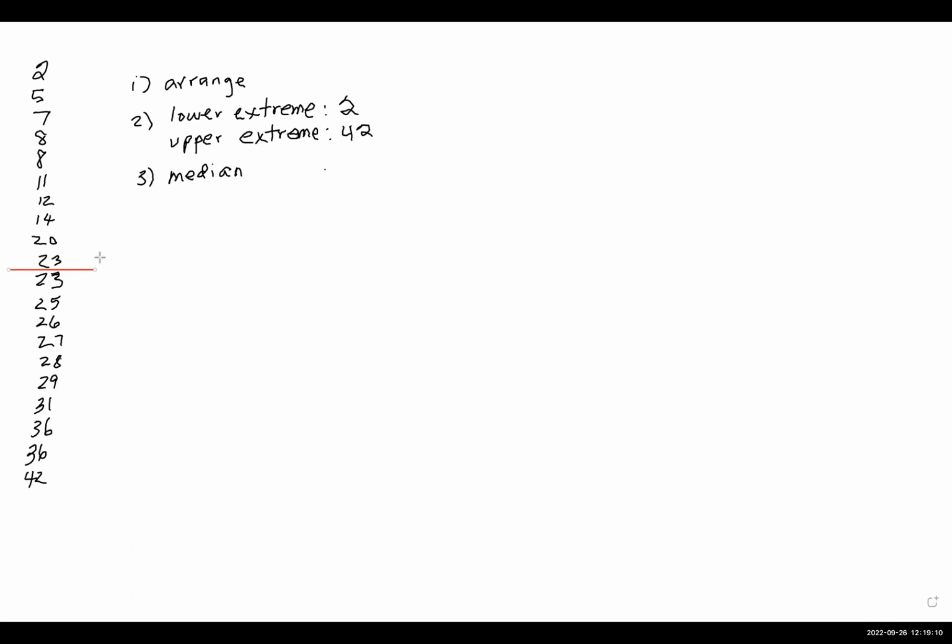The way we find the median when it falls between two numbers is to add those two numbers together and divide by 2. Since these are both the same, what is the median? Would it just be 23? It would just be 23. Okay. So now we have kind of cut our data in half. Now we're going to introduce what's called quartiles. A median cuts data in half. Quartiles cut it again. So then we have quarters. We'll have 4 pieces, 4 groups of data instead of 2.